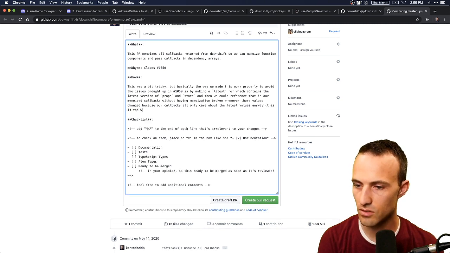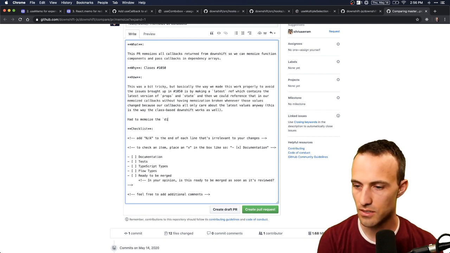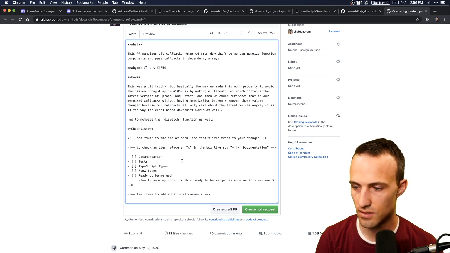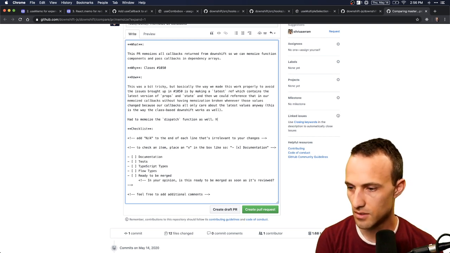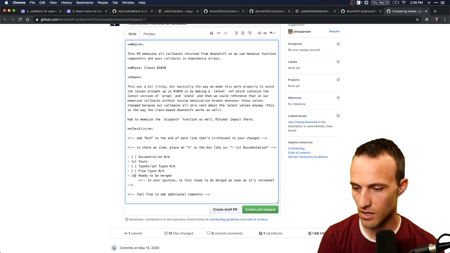This is the way the class-based downshift works as well. Had to memoize the dispatch function as well. Hopefully minimal impact there. Okay, so N/A, got the tests. This is an N/A and an N/A, and I think it's ready, assuming